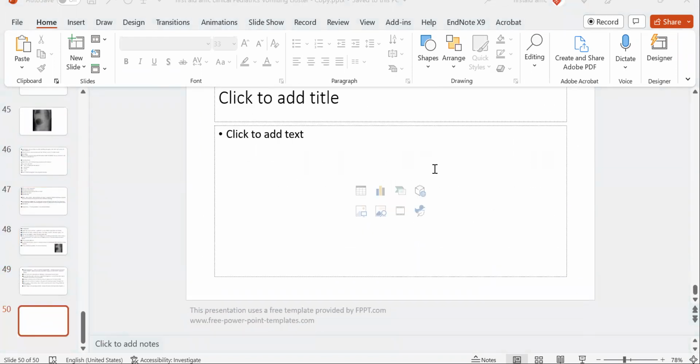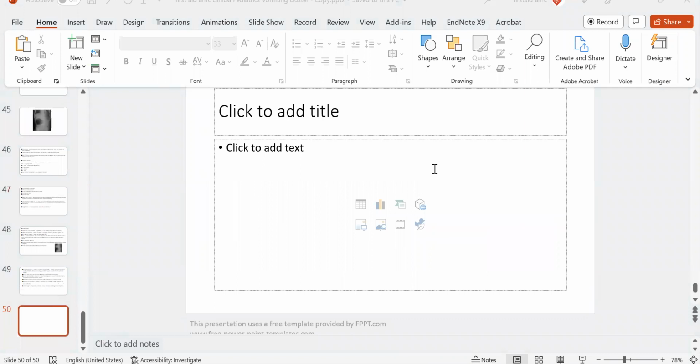Okay. Now I was talking about esophageal atresia, tracheoesophageal fistula. We usually do discuss that case in our vomiting cluster role play, but just to give you an idea, in an esophageal atresia case, there is vomiting within 24 hours, whitish vomiting, or milk will come out. Now, an esophageal atresia child,